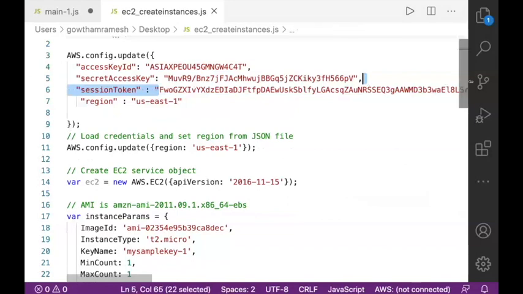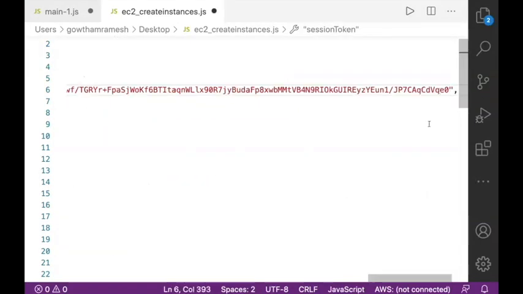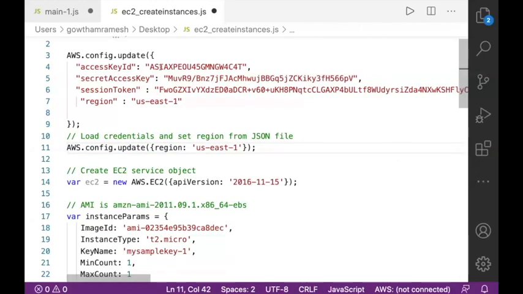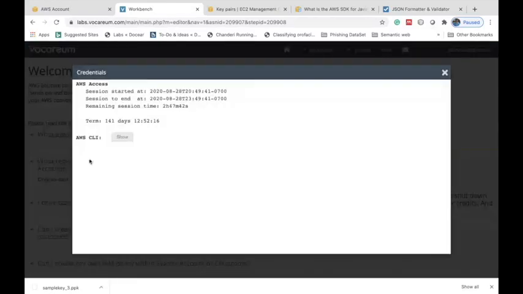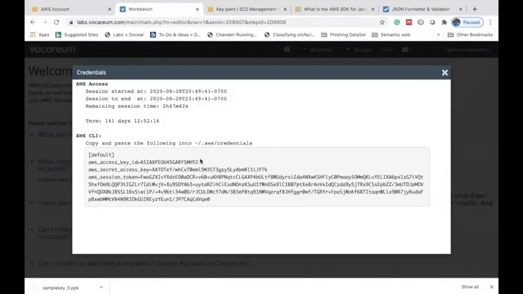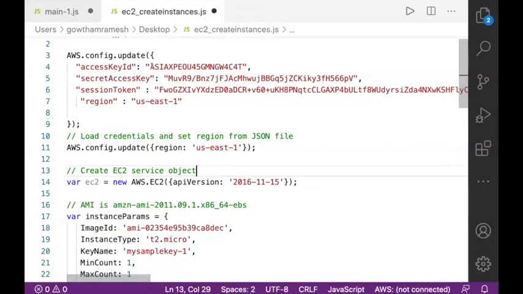I'm going to set the session information here. Moreover, the access key ID and the secret access key I am also supposed to set from here. Account details, show, copy the access key ID and give it here.